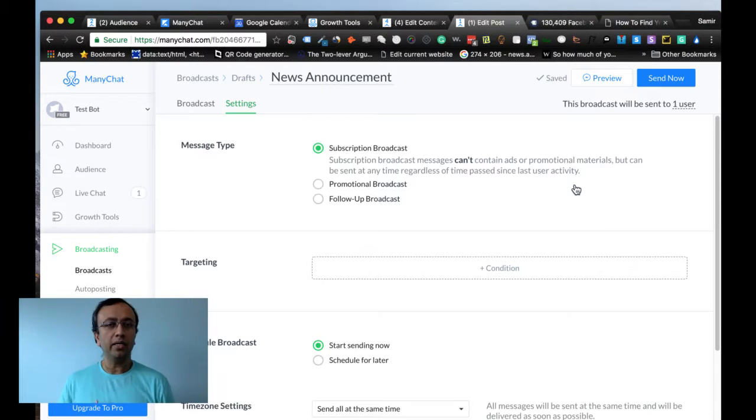So I highly encourage you to pay attention to all of this, because that's where Facebook is becoming much stricter now, because people were abusing the broadcast messages. Anytime they wanted to promote something, they would send broadcast messages, and that's not necessarily a good user experience, right? You don't want to be bombarded with promotional broadcast offers on your Messenger.